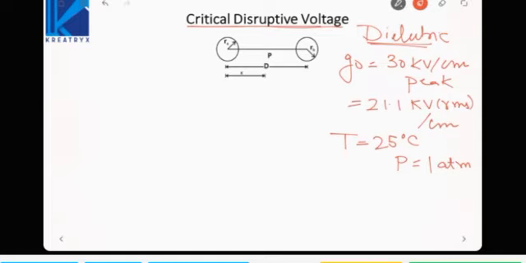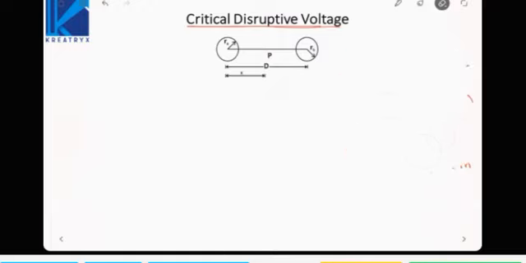Now whenever the maximum electric field goes higher than this g naught, dielectric breakdown will occur and corona can be observed. So we need to derive the electric field in terms of voltage, and then equate it to the dielectric strength to determine the voltage at which the corona will occur. First we must arrive at the maximum electric field. Suppose we are considering a single phase 2 wire line. Here the radius of one is RA, the other is RB.